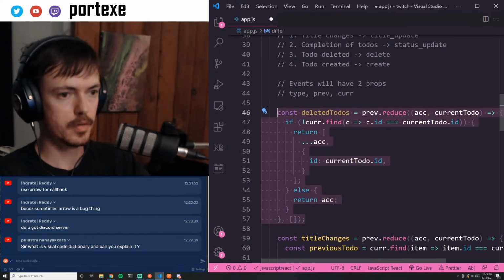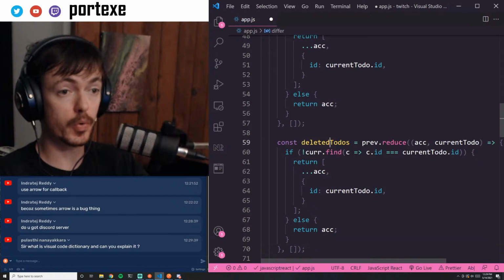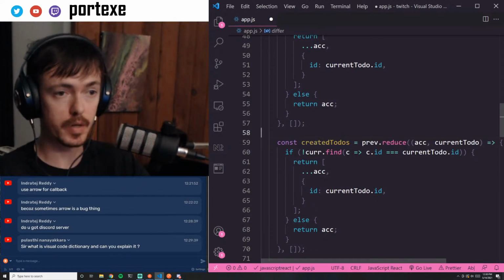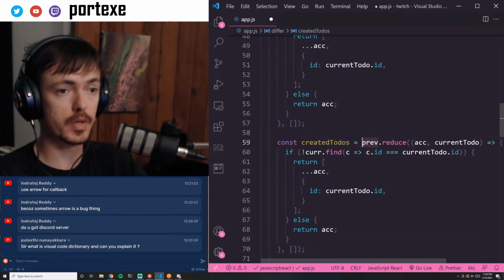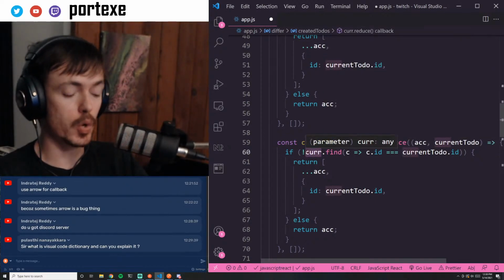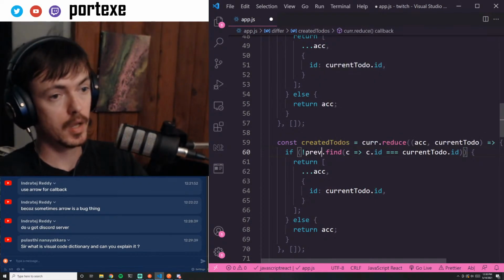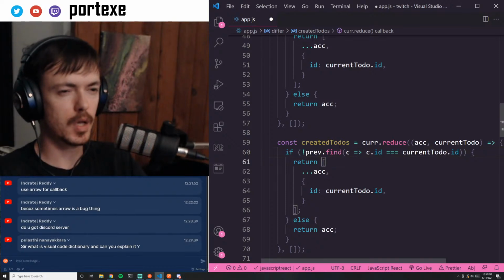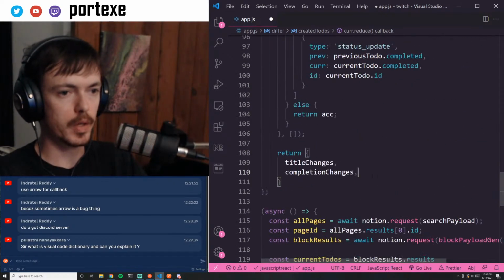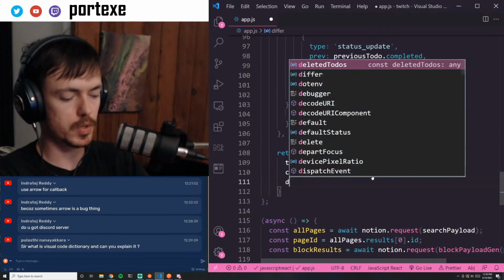All right. And we're going to do the exact same thing for createdTodos, but it's going to be backwards, right? Instead of looping through previous, we want to loop through current, and instead of finding in current, we want to find in previous. And that should do it. Now, let's test that theory. So deletedTodos